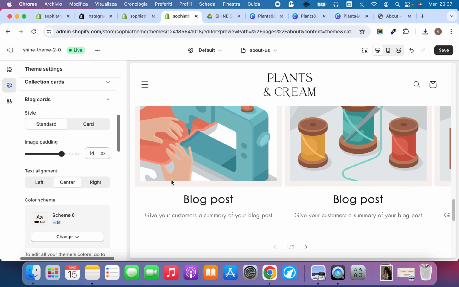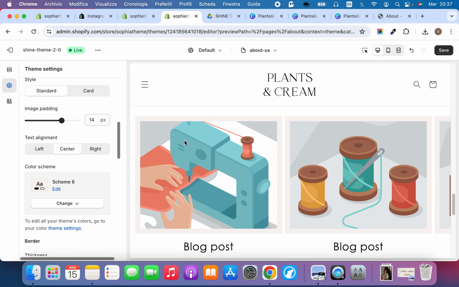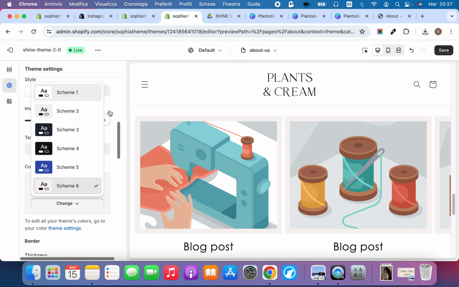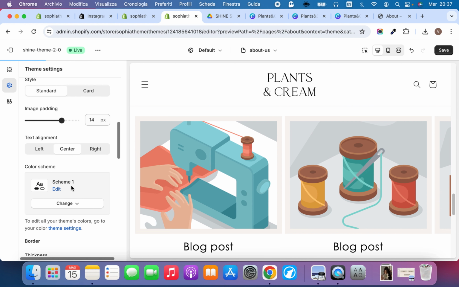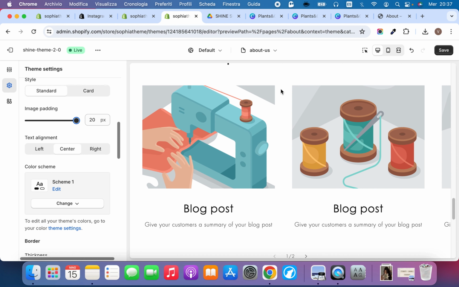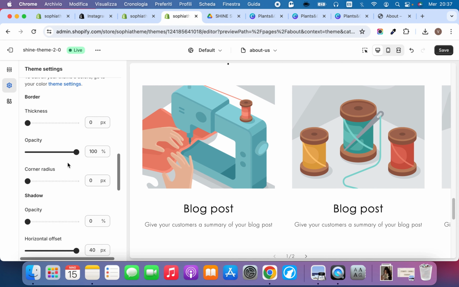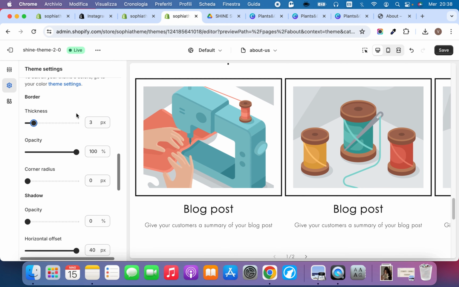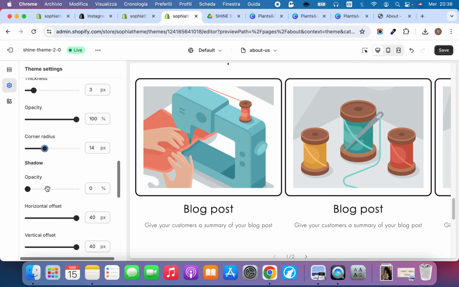So it won't have a card. The color scheme, it will be just around the image. So if you want it in the same color of the background, you need to change to the same color scheme, so the image padding is more, but it's the same color of the background. Or if you want a border around the image, a corner radius, so it's more like this, shadow,